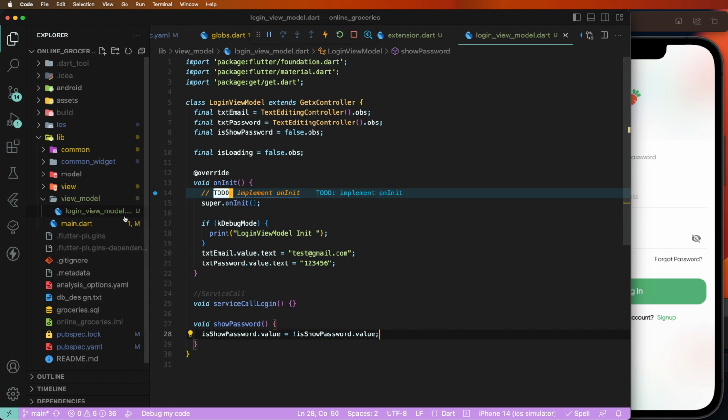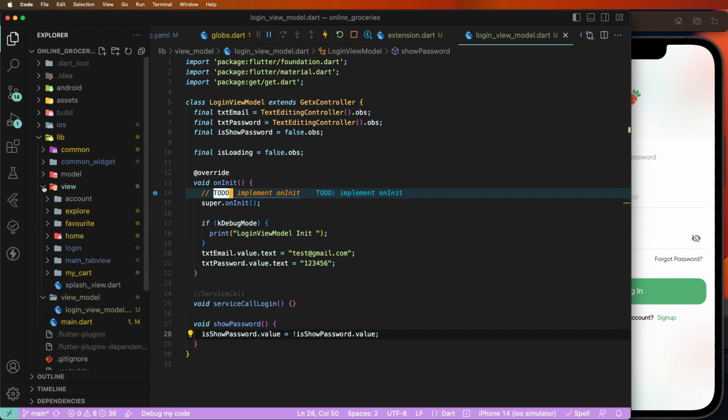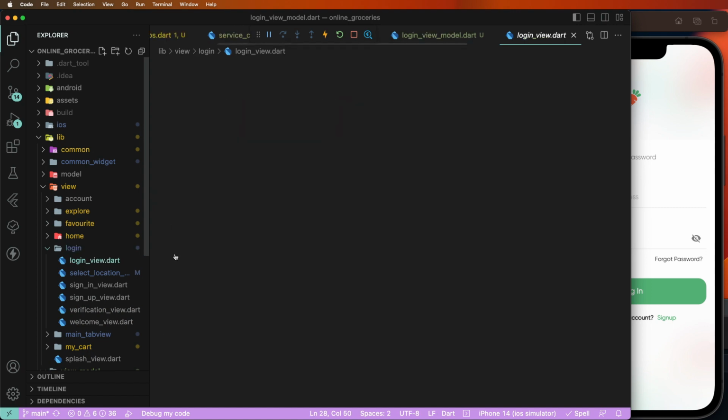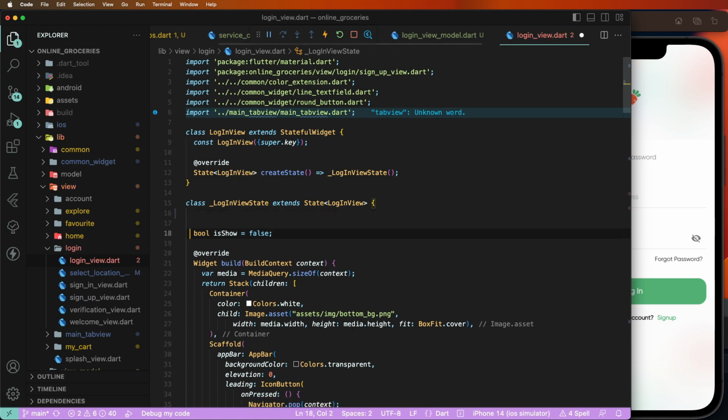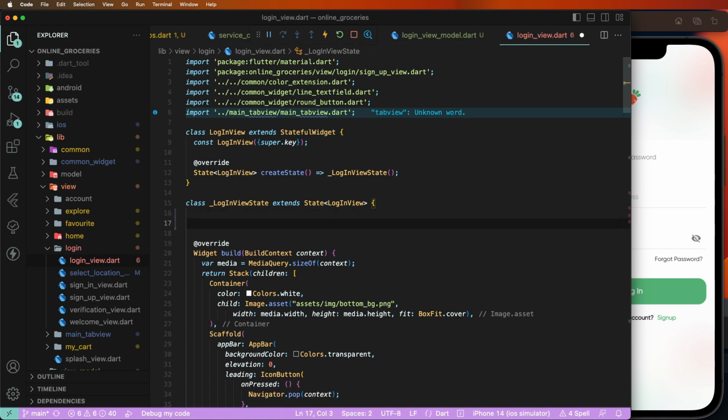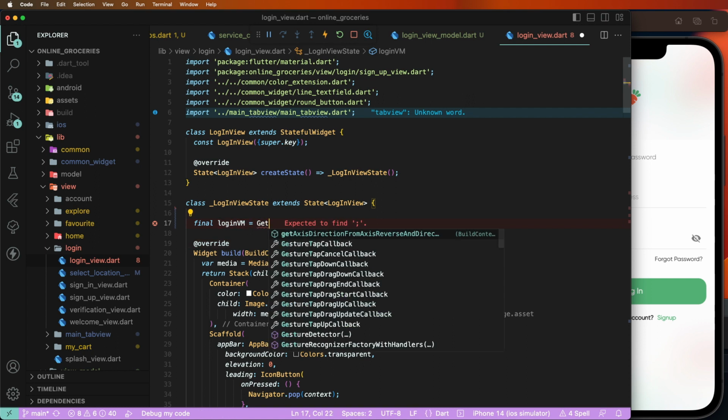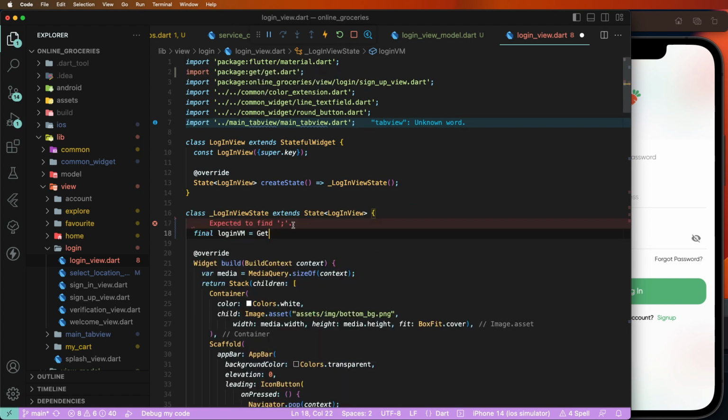Okay, now need to go inside here the login view. First of all, need to set the login. This on its here the GetX and see. First of all, need to define here the finals and to write down login. To write down short name MV. Suppose import here get library and